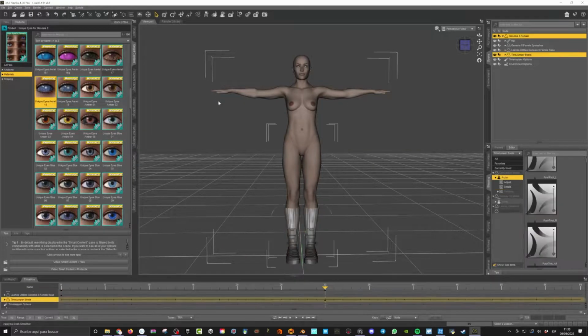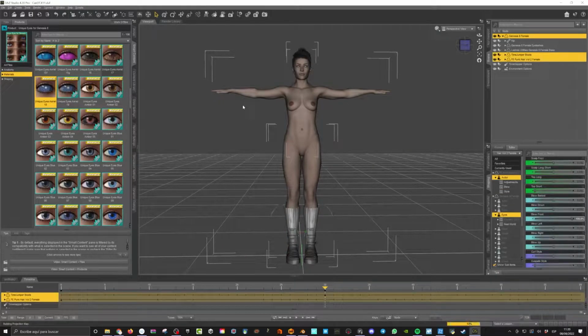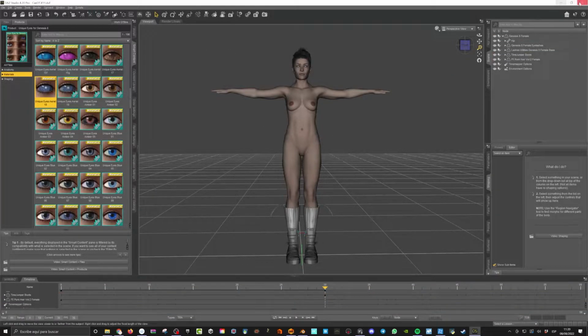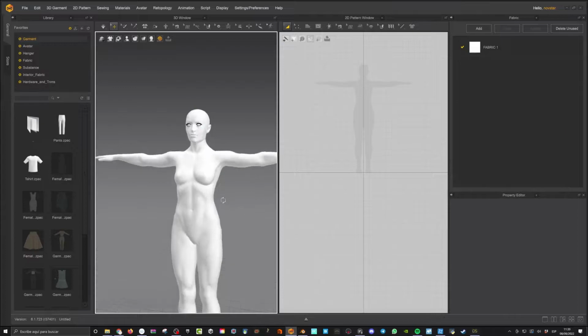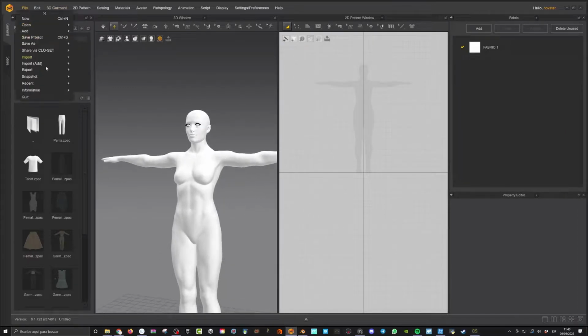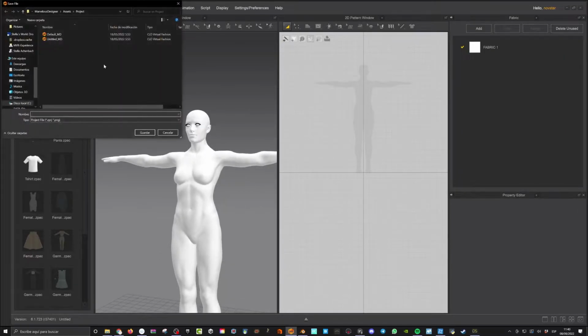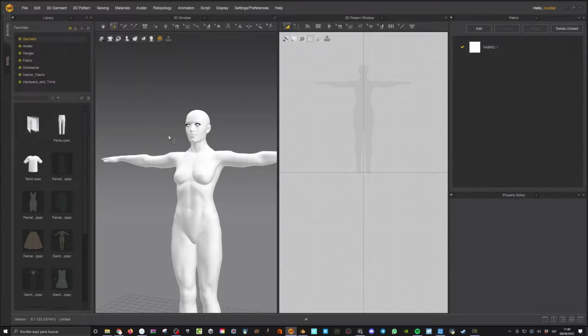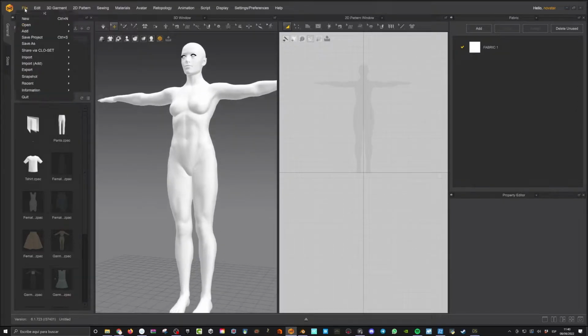Okay, anyhow, we're gonna get her the boots back and everything else, so we have a complete file in case we ever need it again. And yeah, I'm gonna close this. File, save project, right? Because this is where we want to go with this. I'm gonna do a project. And now I'm actually debating, because I already started with something in another file, but it doesn't really matter. So file, save project,